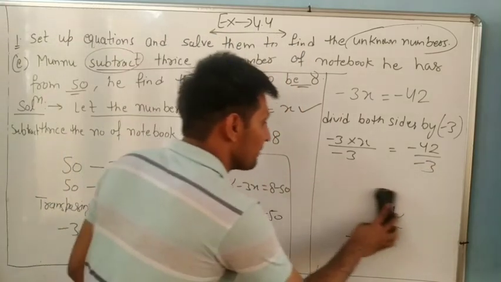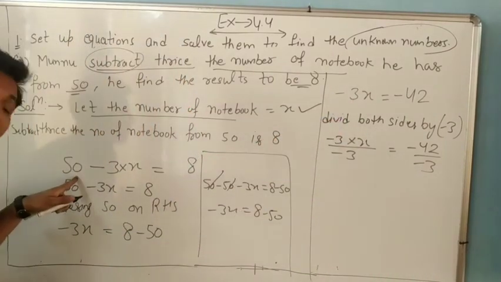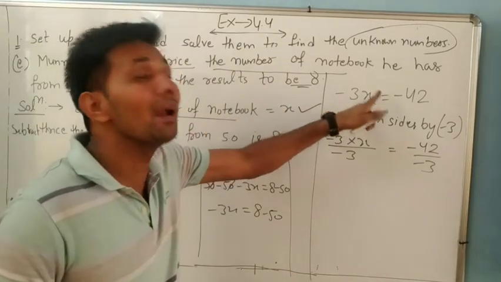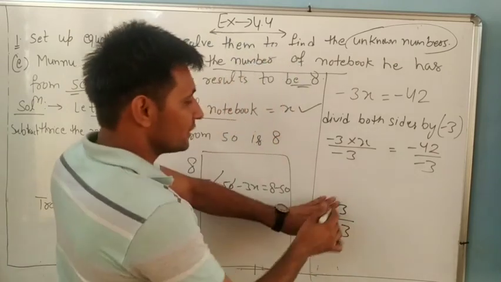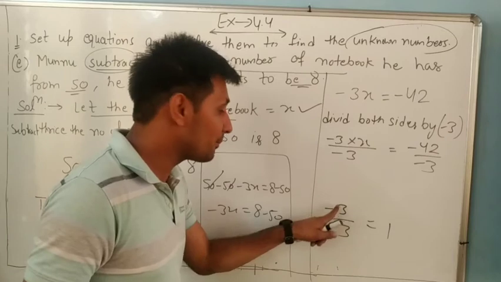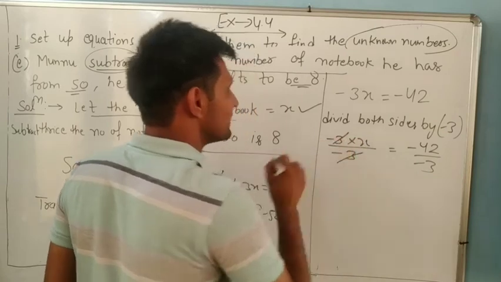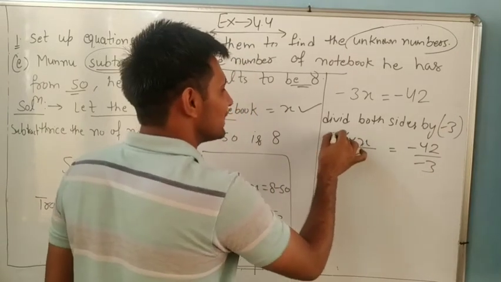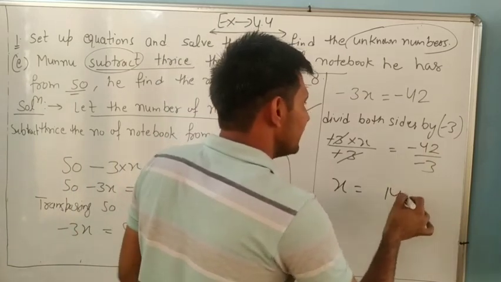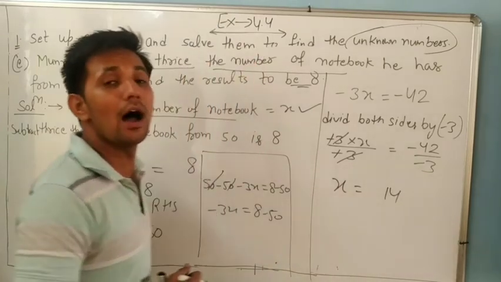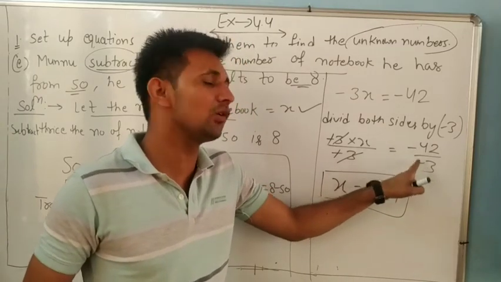Always remember to check whether minus 3 is addition or subtraction, like the 50 here, which was addition. But minus 3 is here multiplication. Everyone knows minus 3 divided by minus 3 is 1. In division, when both have the same sign, negative and negative, the answer is always positive. So x equals 42 divided by 3, which is 14, and both are the same sign, so it is positive. Always remember, in division and multiplication, negative and negative cancel.